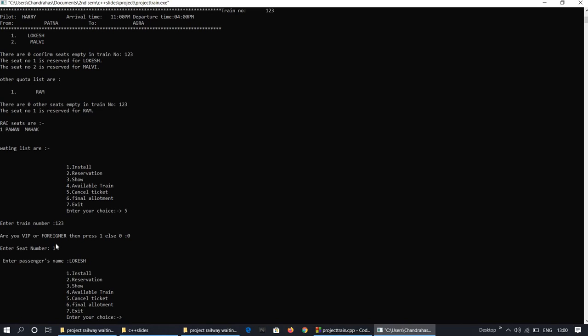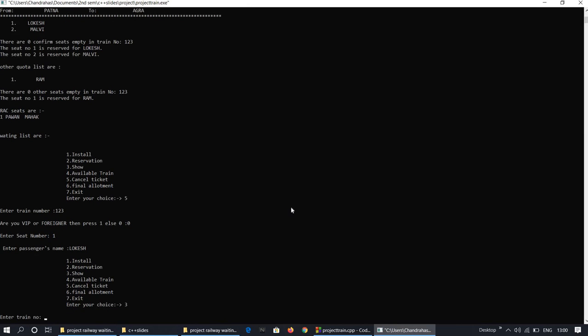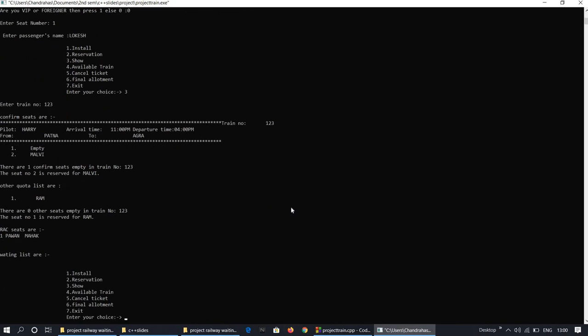We see the booking page again. Choose 3. Enter train number 123. Here 1 is cancelled. Seat 1 is empty successfully.